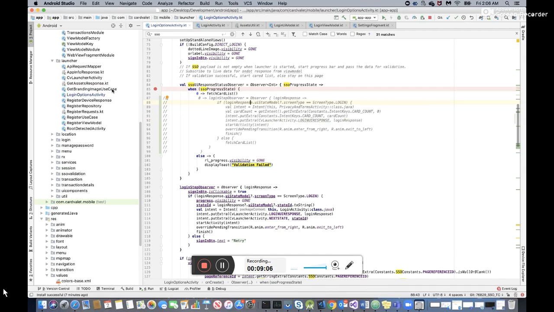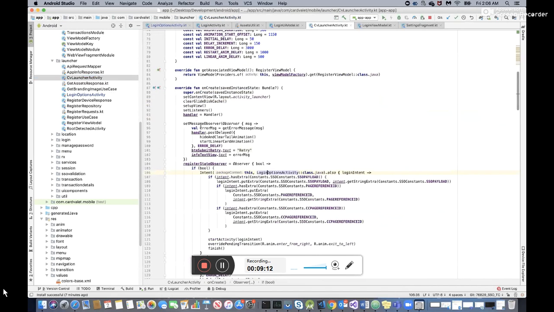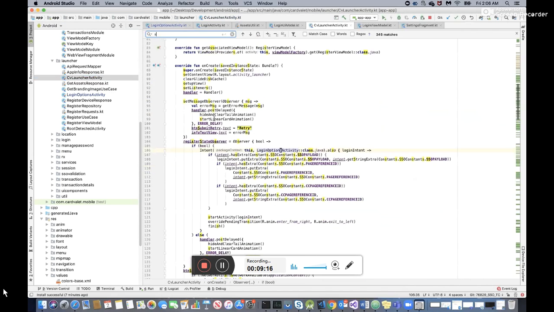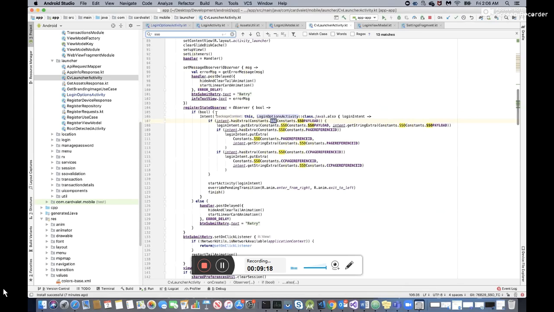Okay, so basically, you have to go here. From here, you have this SSO payload that's generated, right? And then it goes to the next intent, which is the login options. You see, this is right here. This is the intent. So then it goes to the login options, and then